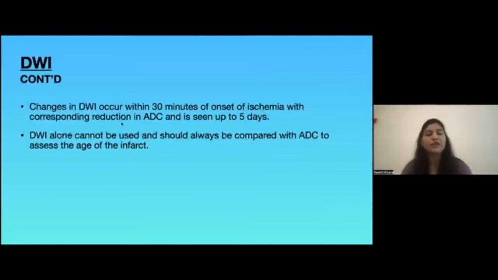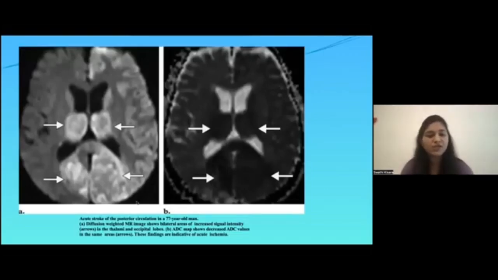Changes in diffusion weighted imaging occur within 30 minutes of the onset of ischemia, with corresponding reduction in ADC values, and it is seen up to 5 days. And DWI alone cannot be used and should always be compared to ADC to assess the age of the infarct. So these are